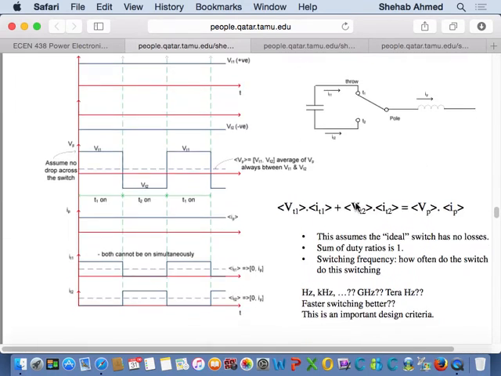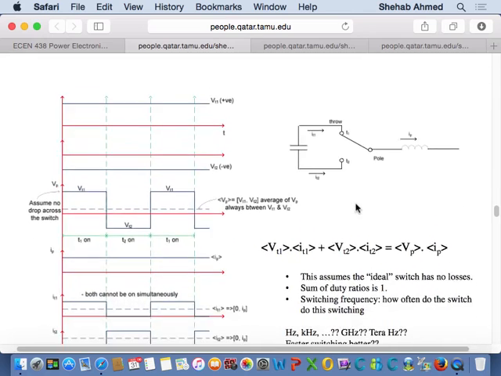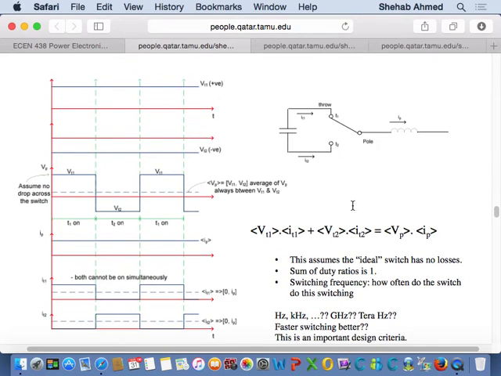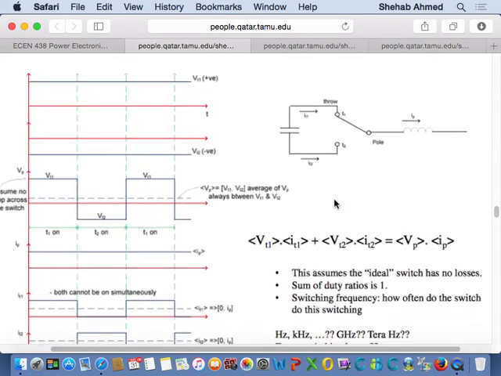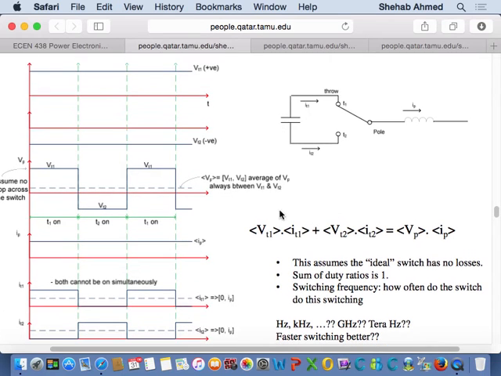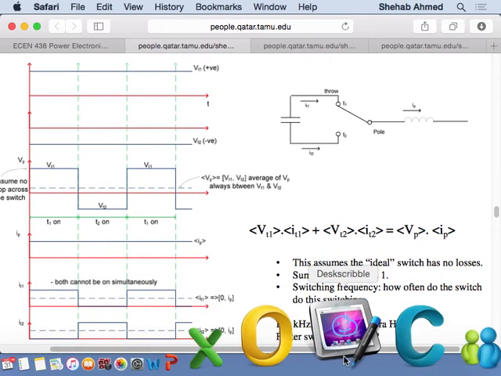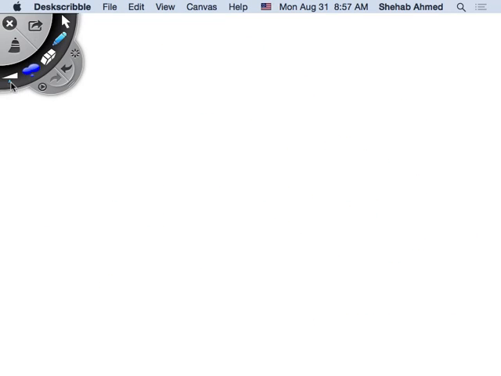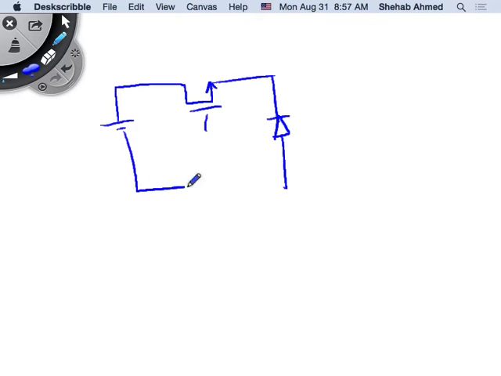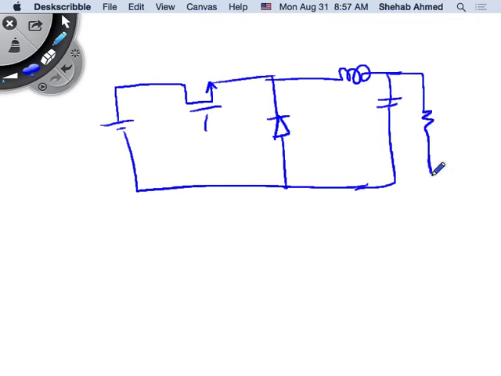And let me go back to here. So this slide, what do I show? Okay, so remember when I said about this simple power converter that we talked about, and we added a diode too here. We said we have some filtering stage that we add here, and this is my load that I have here. And we said that,